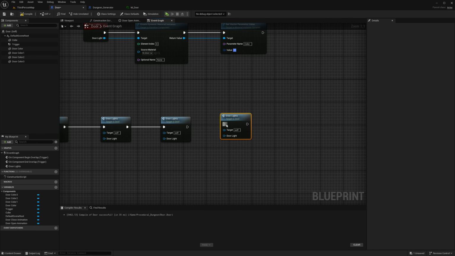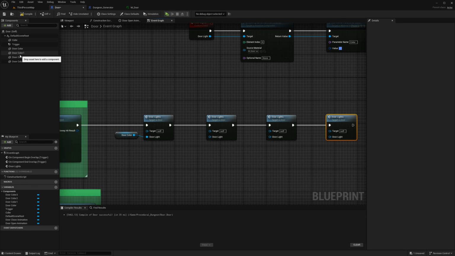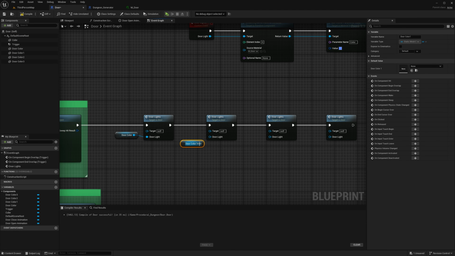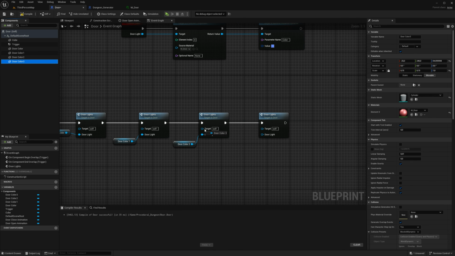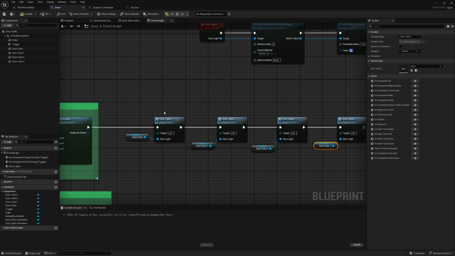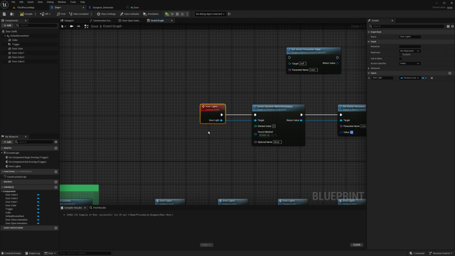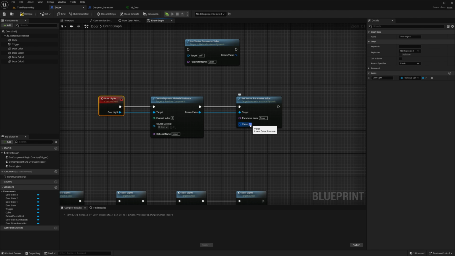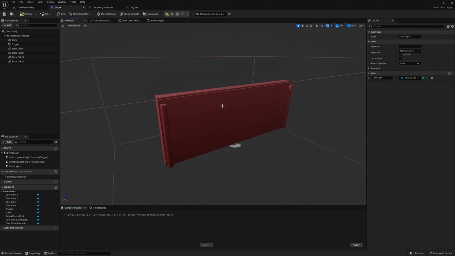Paste it. So we have 3 of those. And then take door color 1, plug it in, door color 2, and so on for all of them. And if we go into the event, you can see that it turns blue when we overlap them. So now everything is red.